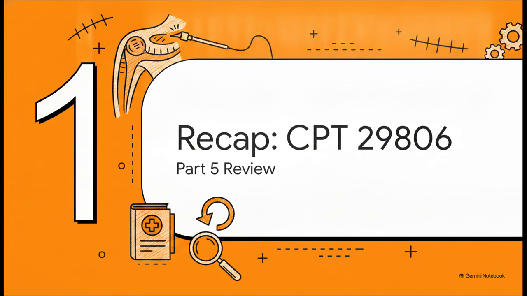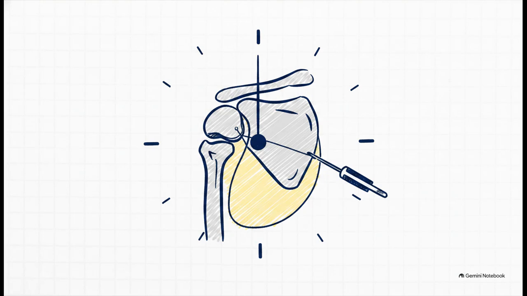A really quick recap of Part 5 and CPT 29806. So just to jog your memory, capsulorrhaphy, which maps to CPT 29806, addresses tears in the anterior, inferior, and posterior zones. Think back to that spatial model we talked about. These specific repairs fall between the 2 and 11 o'clock positions on the glenoid clock face. This code is all about tightening up that joint capsule. Keep that 2 to 11 o'clock boundary locked in your mind because it's exactly the border we're about to cross